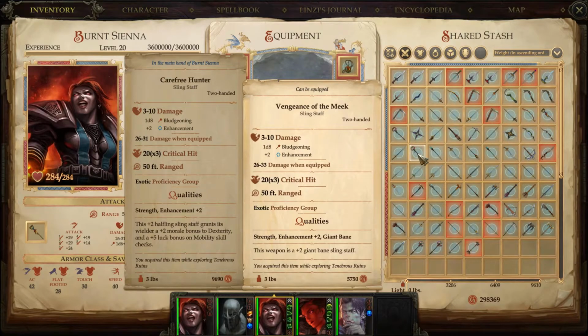So plus 7 to swing, plus 7 to damage. And you may think, well, that's nice. It's not amazing. I mean, we're already swinging like a champ, and the extra damage is appreciated, but it's only 2 points of damage. But remember, when it's a Giant Bane weapon, not only does it give you a plus 2 to the weapon modifier, so again, instead of being plus 2, it goes to plus 4, in our case,